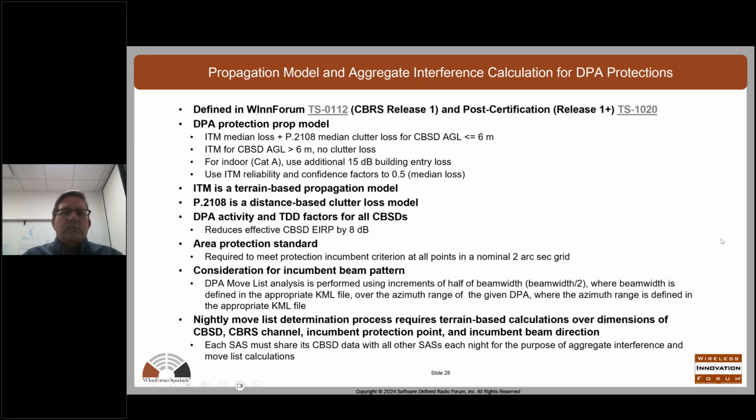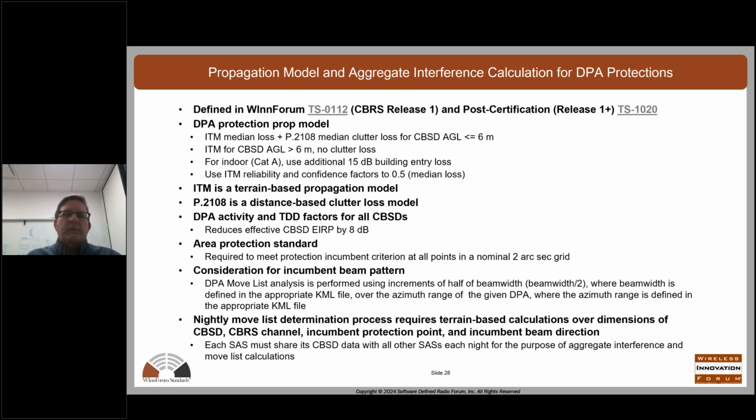Somebody asked about the propagation model. So the propagation model has evolved. Originally, it was mostly based on ITM by itself, which is an extremely conservative model. It takes terrain into account, but it doesn't take clutter, the impact of buildings and trees and things like that,